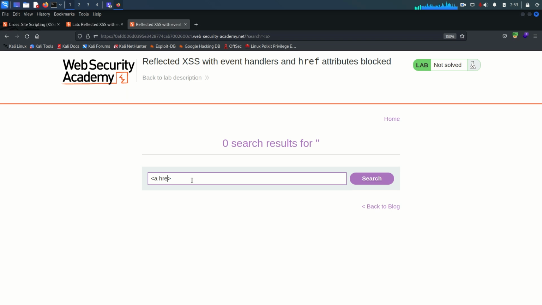But if I try to put here href, this attribute is not going to work, because this is sanitized. With the anchor tag you cannot use the href attribute. So anything, xyz.aaa.vvv. Okay, if I just search it,